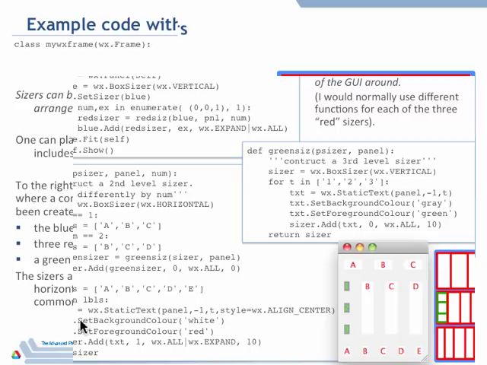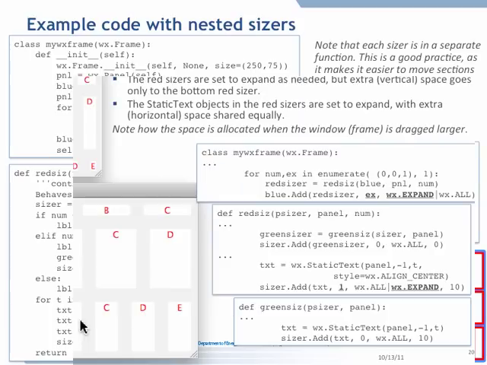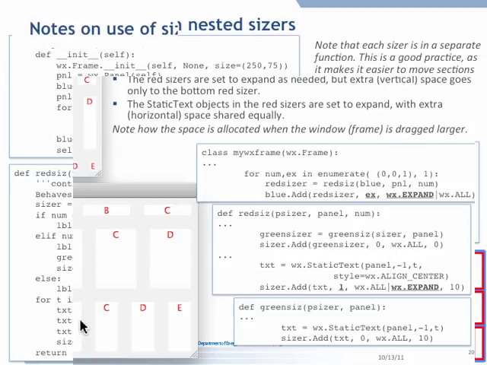So the expansion number is 0 for this guy, 0 for this guy, and 1 for this. That comes to play if I take this window and I drag it out and make it bigger. So let's see how that happens. Okay, this is what I had before. And if I drag it out, which on the Mac you do with the corner, Windows or Linux you can do from edges, what I find is that